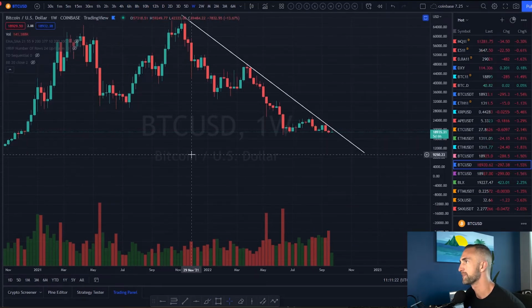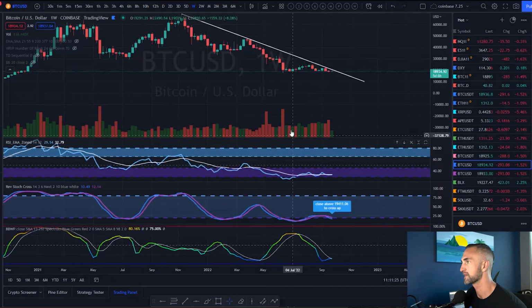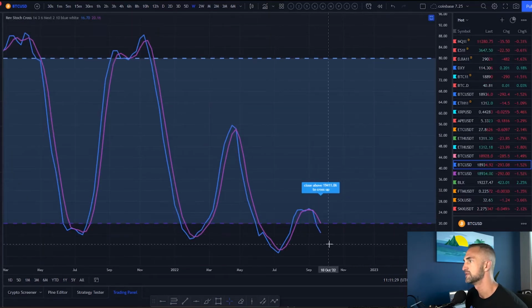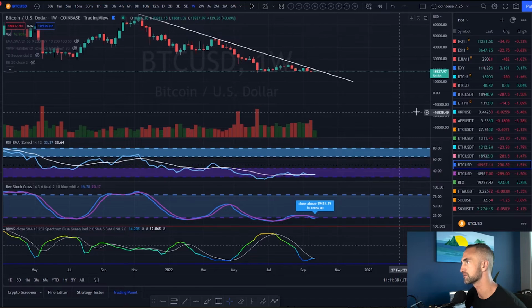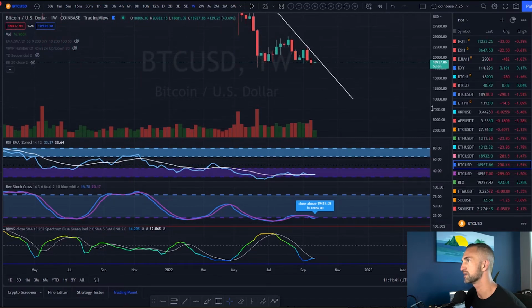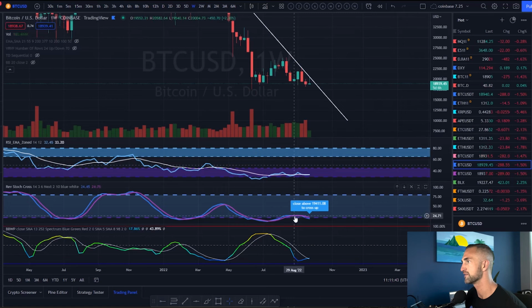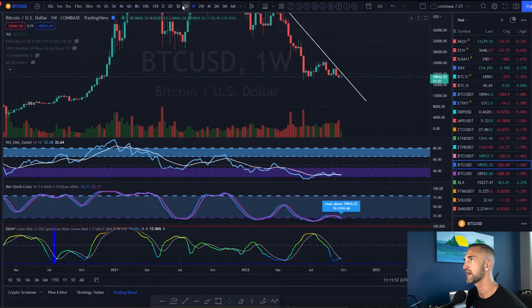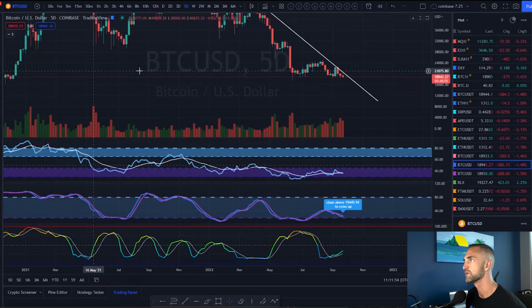So, what else did I want to bring up here? Okay. Notice this as well, is that the weekly Stokes will not cross up unless we're above 19,410 by the end of the week. We've got 5 more days left, so plenty of time here. We could get a bounce. If Stokes do cross up by the end of this week, volatility increases, I would expect a big bounce to the upside. But as long as that is to the downside, and the 5-day, which we've been talking about for